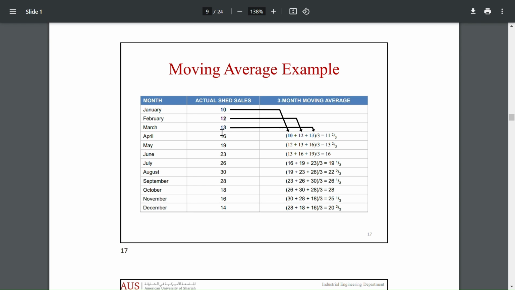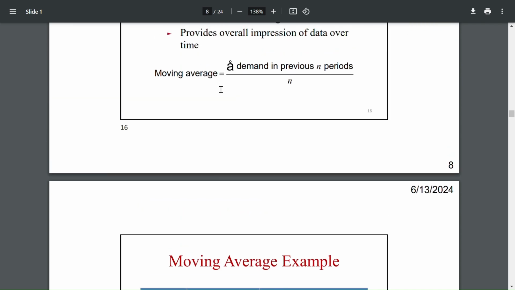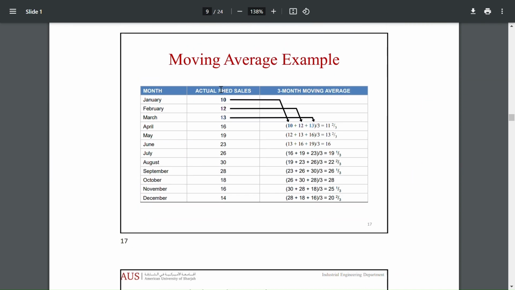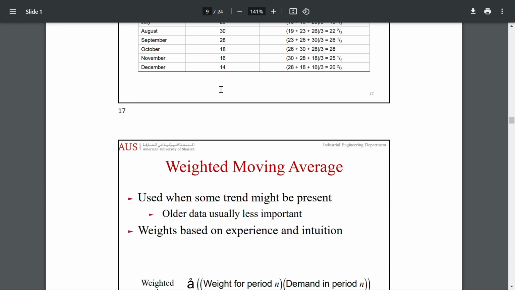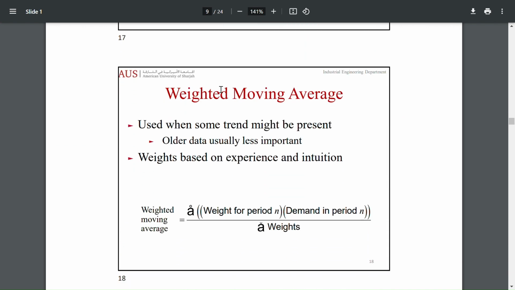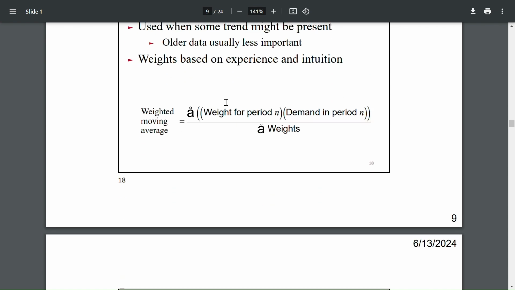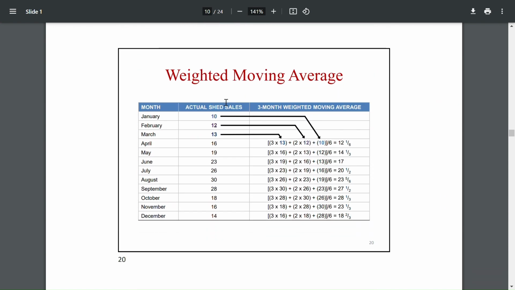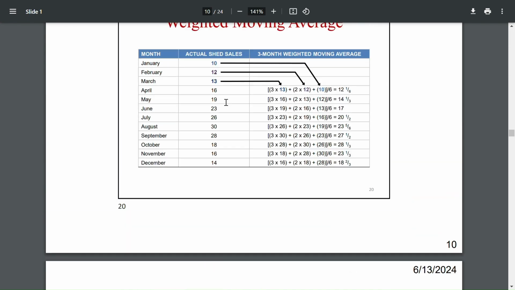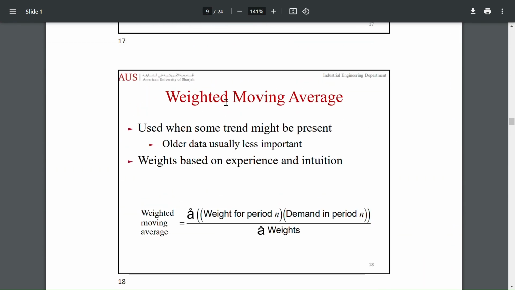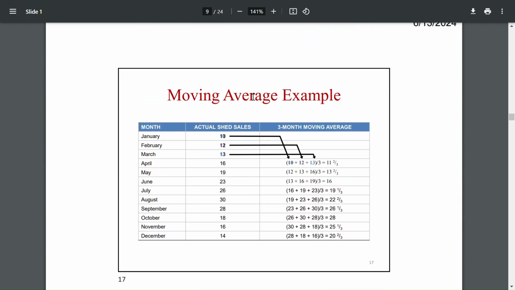Today we're gonna cover the moving average, and we're gonna complete our series on forecasting. So we're gonna cover the moving average and also other forms of measuring the forecasting and predicting. Starting with the weighted moving average first, if we want to review the moving average that we covered before,